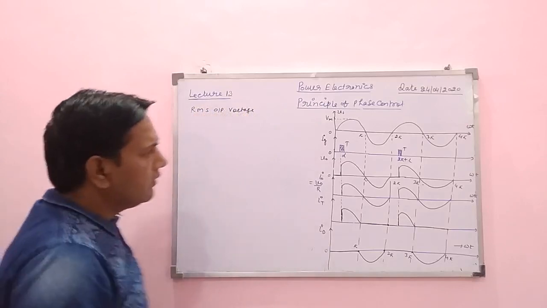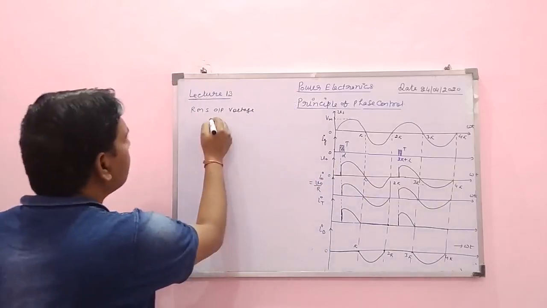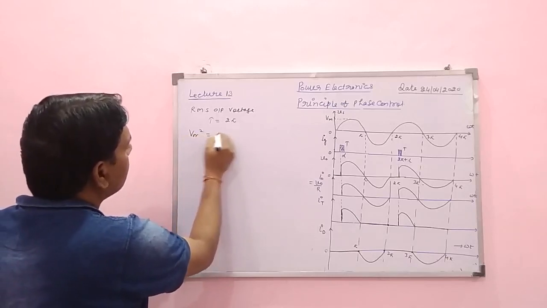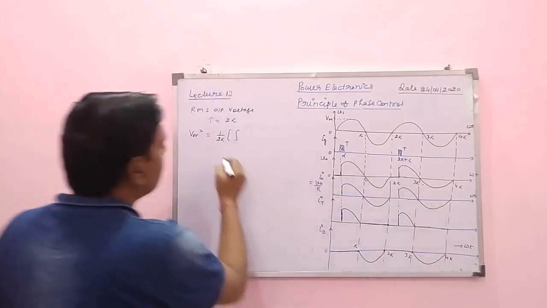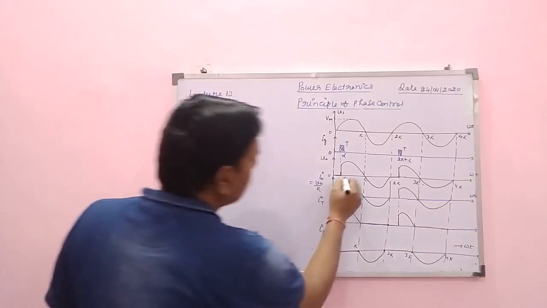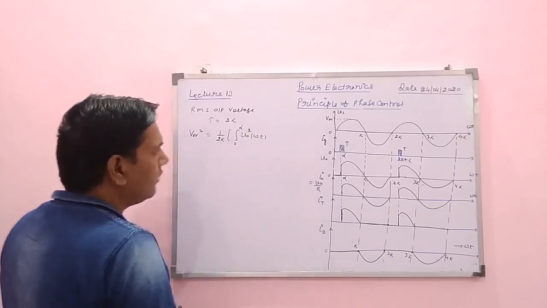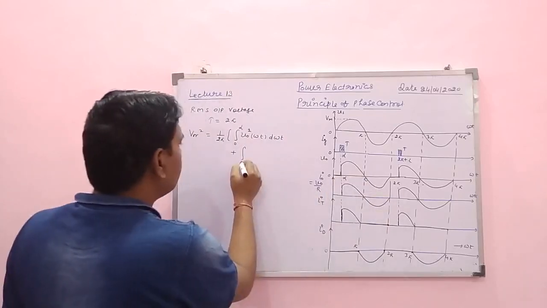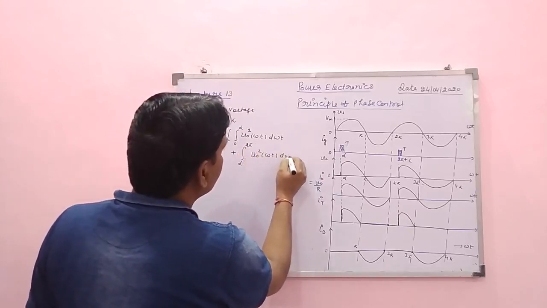Okay. So here you can see this is the voltage waveform and the time period is 2 pi. So time period T is equal to how much? It is 2 pi. So V naught R square is equal to 1 upon 2 pi integration from 0 to 2 pi. We can break this time period into the interval 0 to alpha, because this is alpha. This is output voltage V naught omega t to the square d omega t, plus again alpha to 2 pi, V naught square omega t, d omega t.